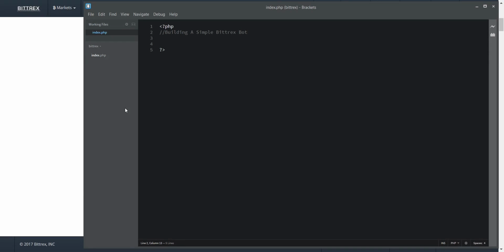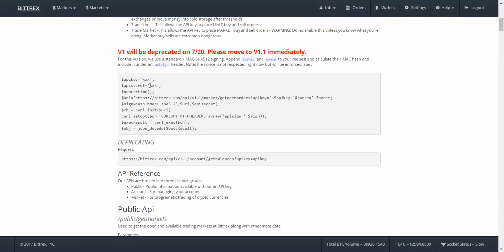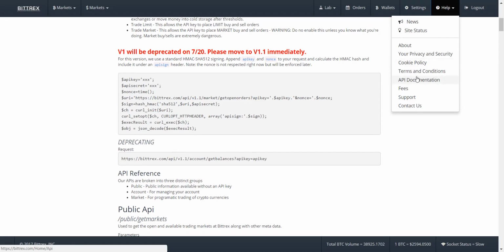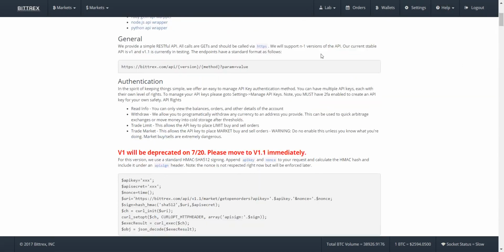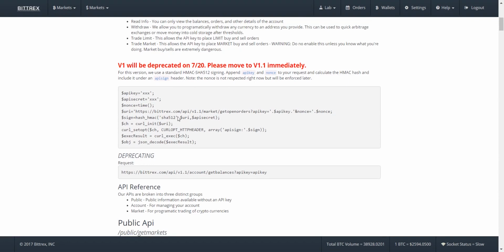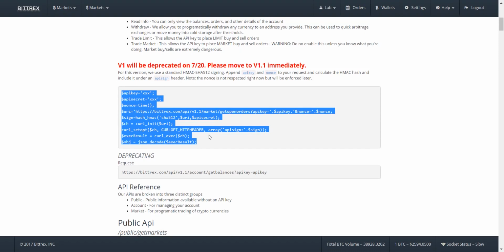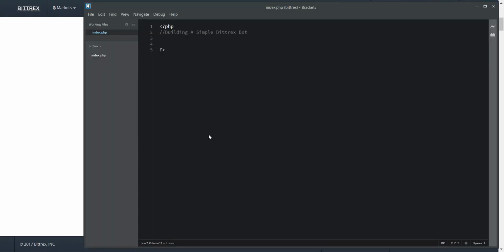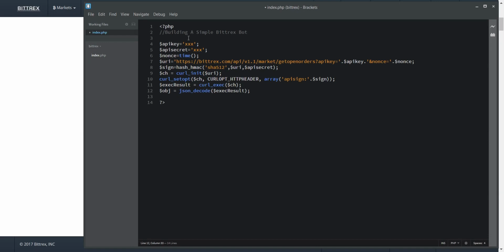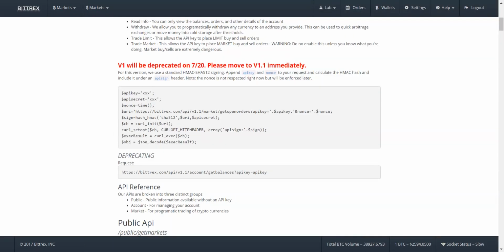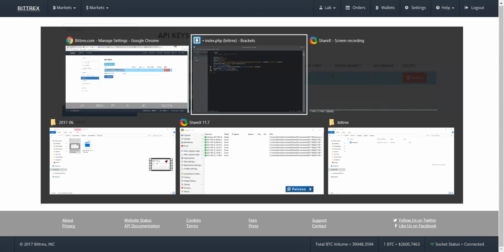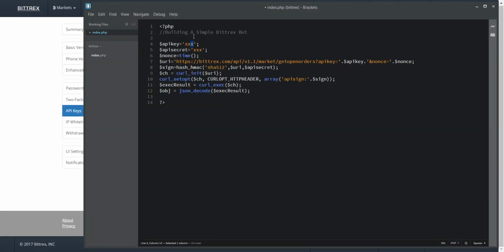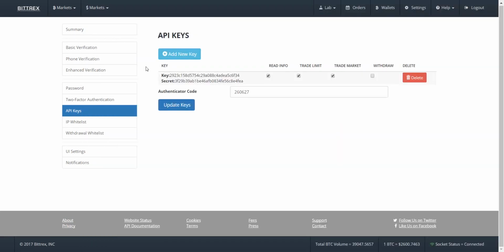Alright, and if you haven't already, create a new PHP file and go over to Bittrex's API documentation area. It's under the Help menu under API documentation. You scroll just a tiny bit down the page and you'll see this example. And we're just going to copy this whole thing and we're going to stick it in our file here. And then you'll see API key and API secret, so we're just going to grab that from over here. So here's our key. Put that guy in. And then we'll grab our secret